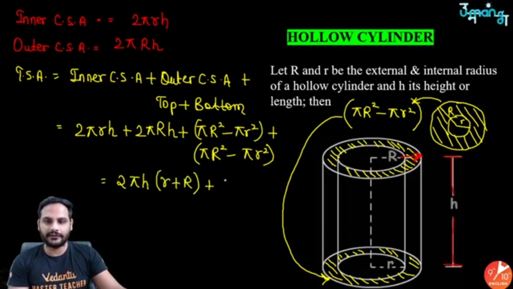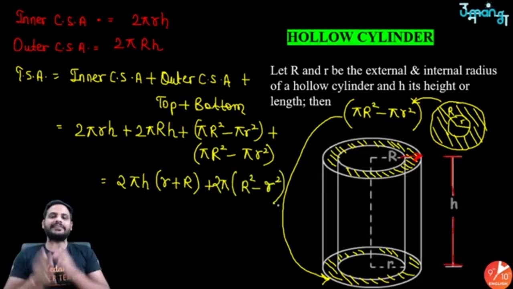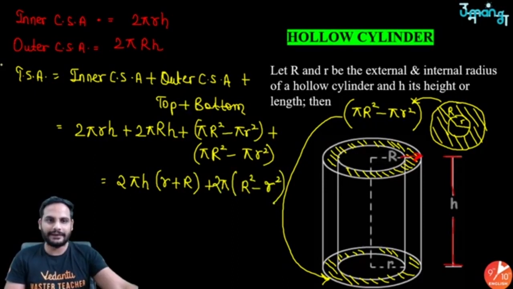Okay, and here if I take pi common, it will become 2 times pi capital R square minus pi small r square. So 2 pi, if I take common, it will be capital R square minus small r square. Got it? So instead of remembering this formula, remember this part,